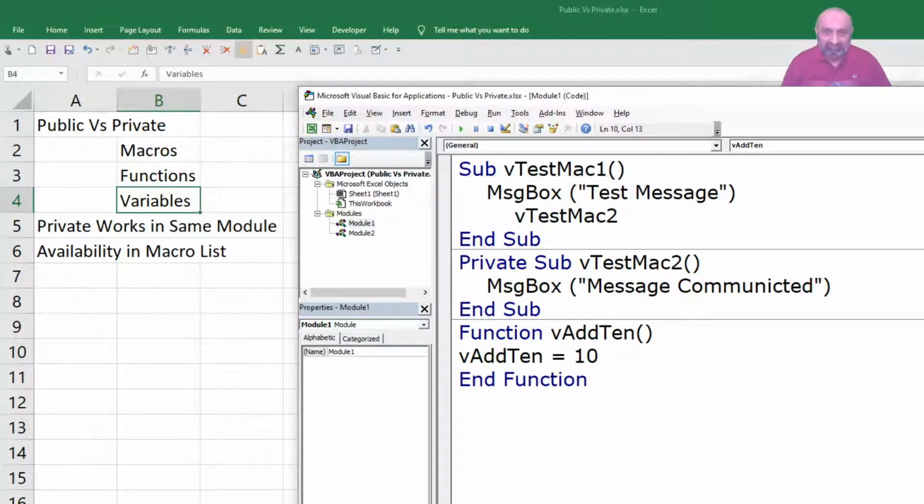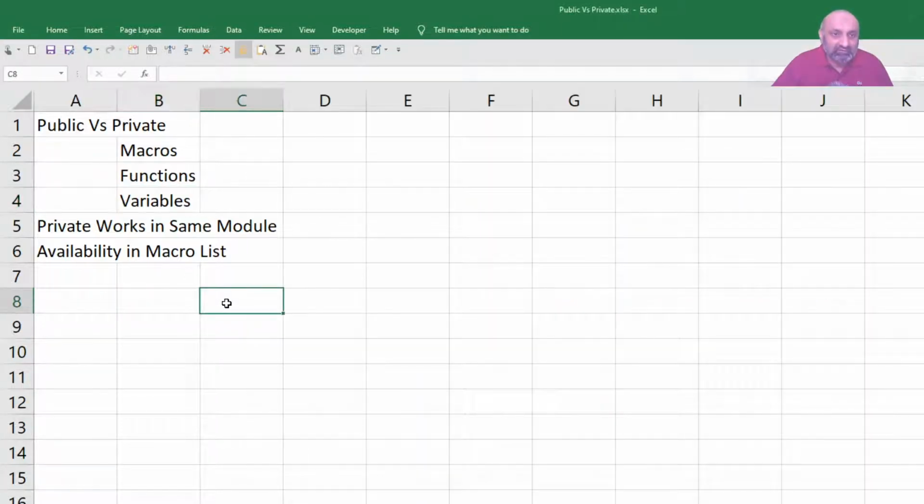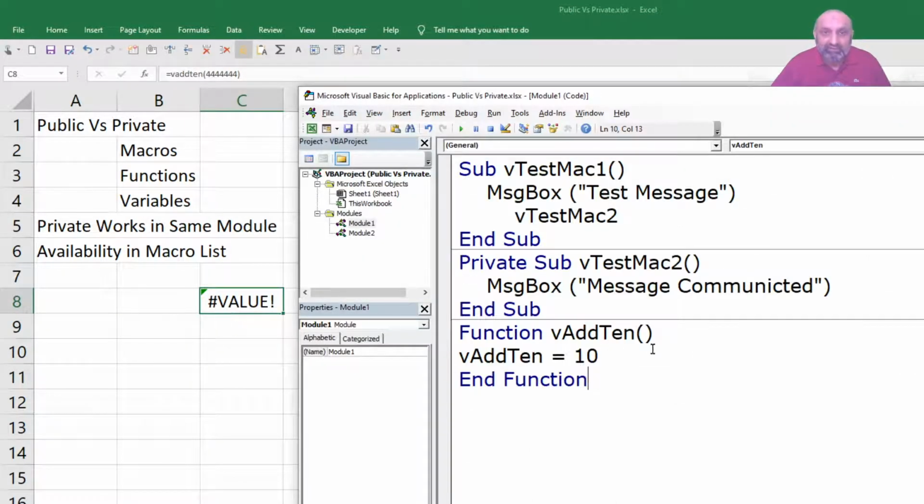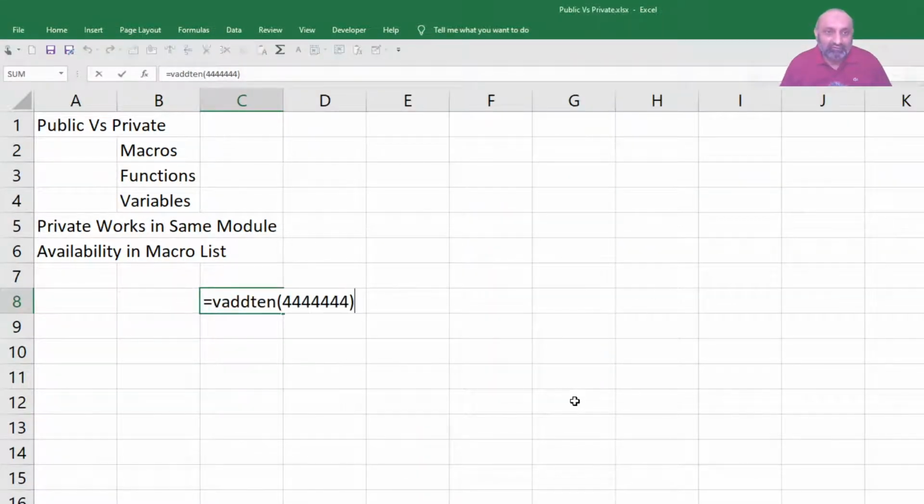No calculation, just if I say in, let's say, C8 is equal to v add 10, and whatever number I give it, 4, the answer would always be 10. But I have to declare some variable here. So if I don't declare a number here, just say add 10, the answer would be 10. So the function is running.